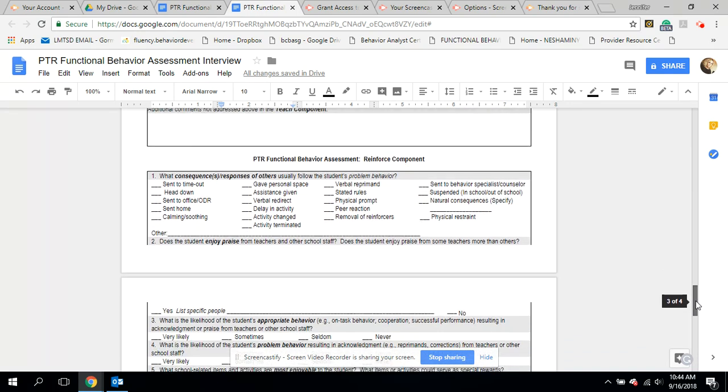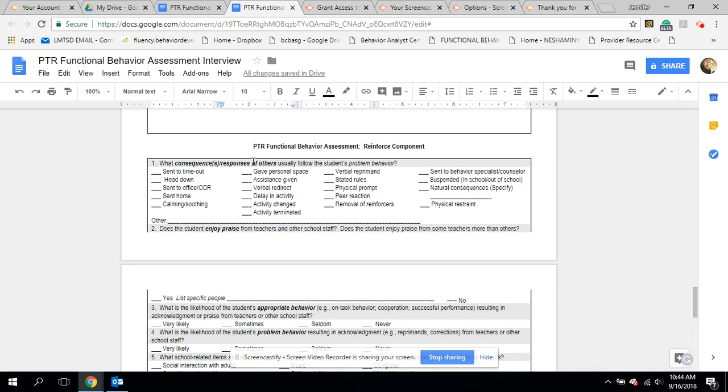And then as far as the consequence section down here, or responses from others, I just kind of want an idea of what happens following the behavior. So if they become verbally disrespectful, let's say, number two, disrespect, and they tell you to F off or something, the activity is terminated, and then they're sent to the office. So just those two things would be great to know because that tells me